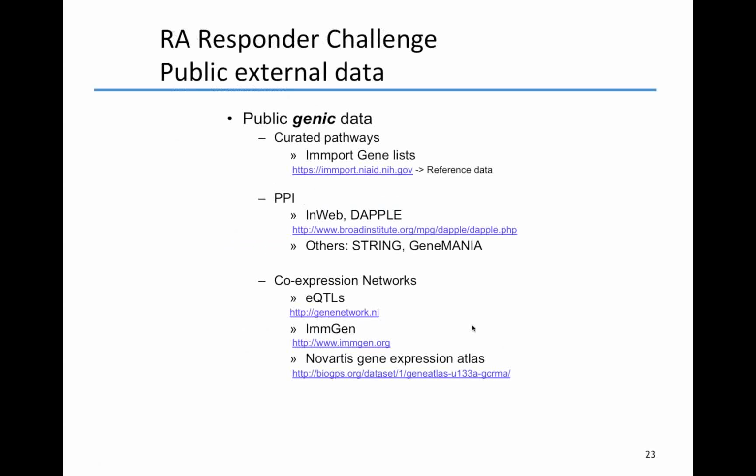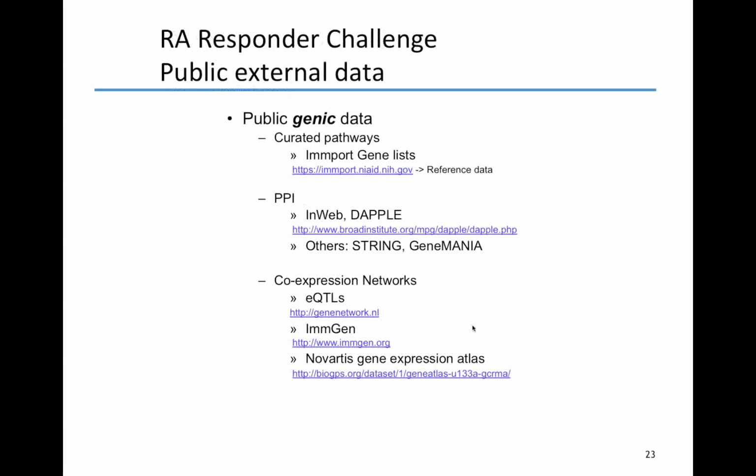And then there have been many analyses focusing on co-expression data to build networks. Again, I'm pointing out this webpage, genenetwork.nl, that includes some tools for seeding a network with some genes of interest, like you might do if you were starting out with a modest set of features that you selected, and then expanding that out based on co-expression